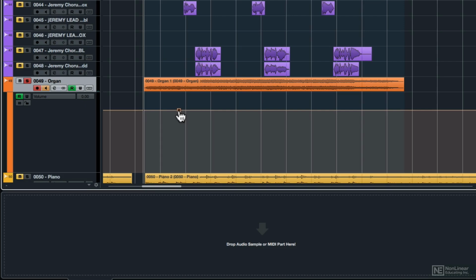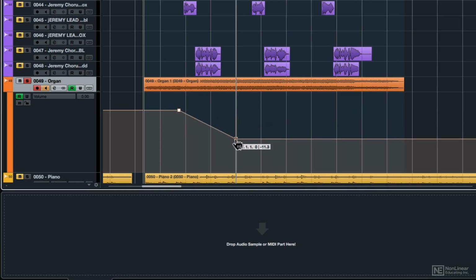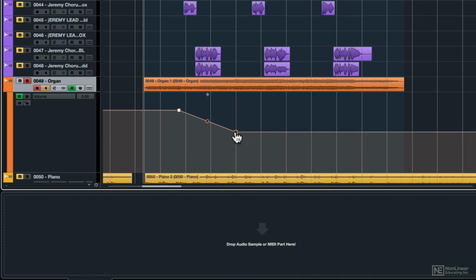So I'm going to click on that automation line, which had no automation on it before. So this is my first automation event. Then I'm going to click another event on there, and I'm going to lower the volume slightly. But now, look at this little button in between both of those points. That's the Bezier curve. And with that, you can now change the rate at which the volume fades in and